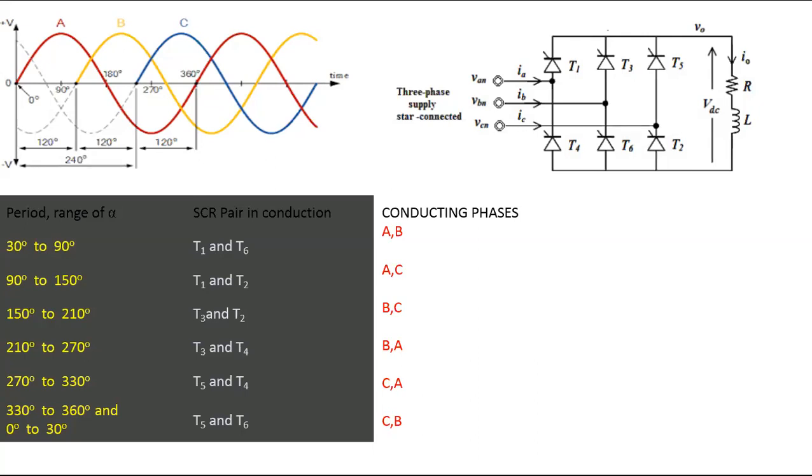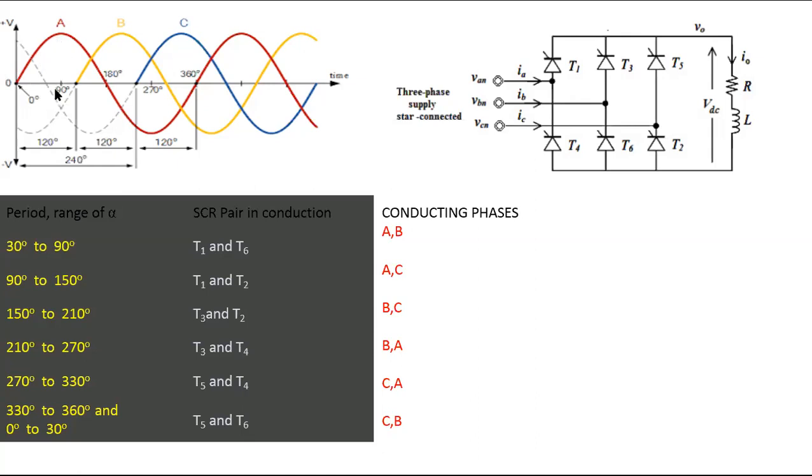Now I move to the same range. Case 1 only. Again, we have to see the range from 30 degrees to 90 degrees. Now we have to concentrate on below the x-axis. Now tell me all of you, between 30 to 90, are you able to see the waveform A below the axis? All the students, come on. Between 30 to 90, are you able to see the waveform A? No, sir, waveform A is not present.